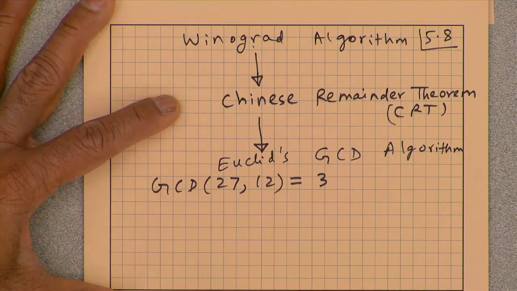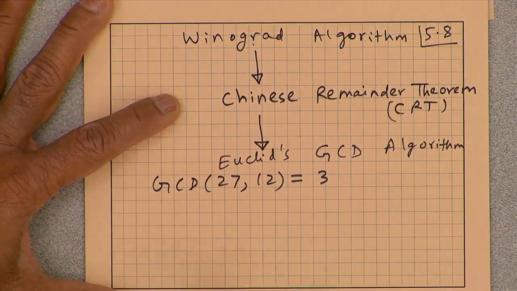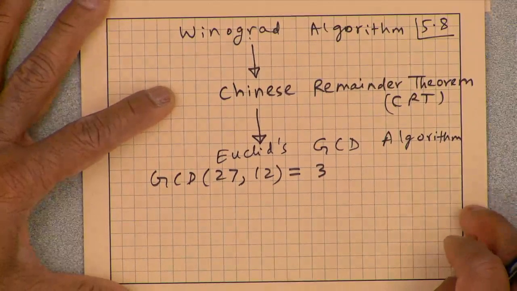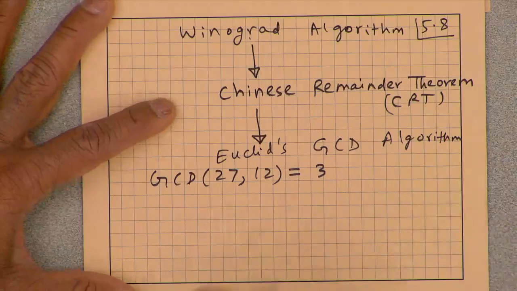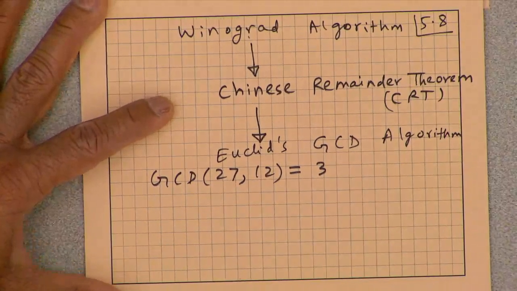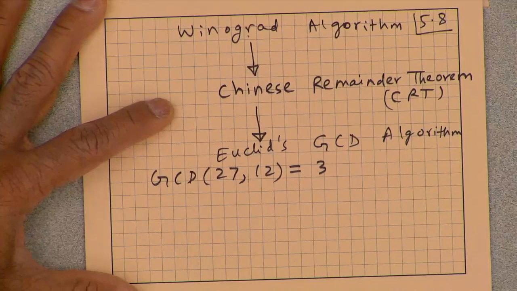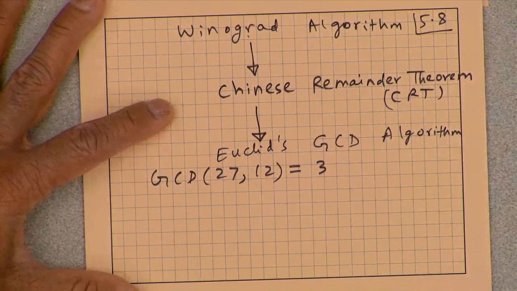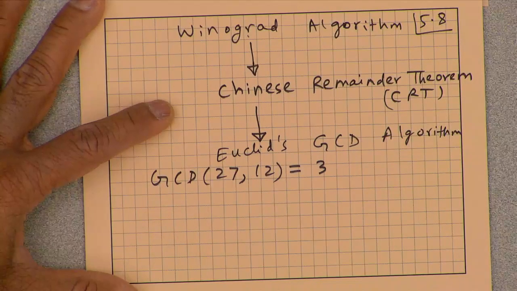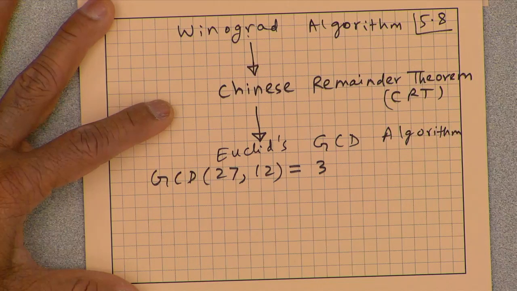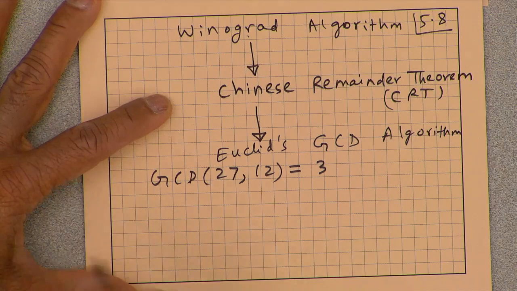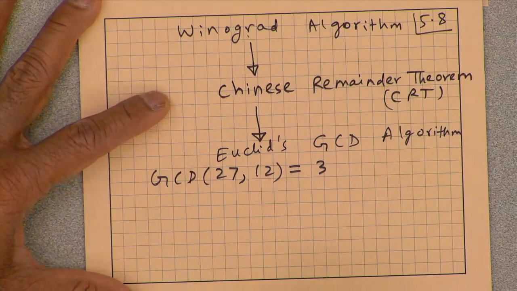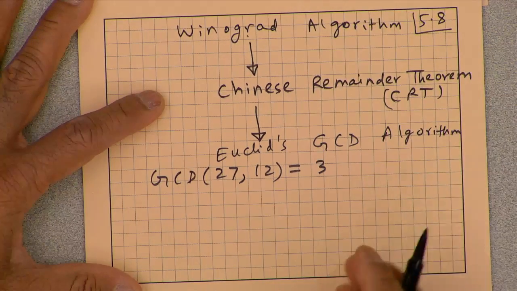And all of you know how to compute the GCD by factorizing these things, by factorizing and finding the common factors and then grouping together all common factors. That's the greatest common factor or divisor. Is anybody familiar with how to compute GCD using Euclid's algorithm? Okay, let me start with how Euclid's algorithm works.